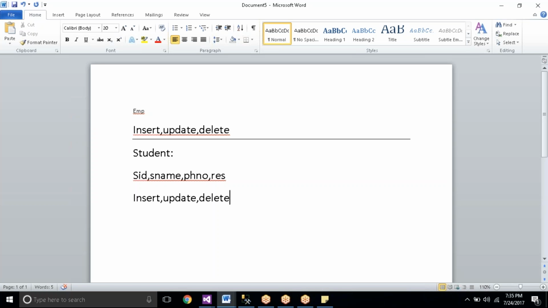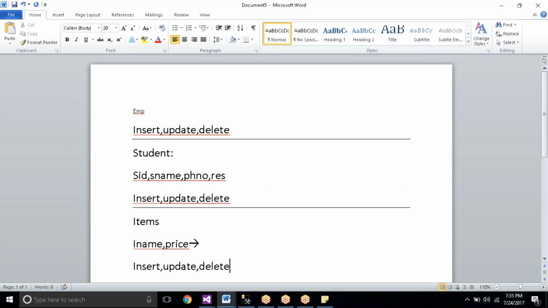Now take one more table, that is the items table. Under this items table we have columns like item name and price. Suppose item name is idli and price is 50. Like this, if you want to insert any item, you can insert. If idli price is 50 and later you want to change it to 60, you can perform update. If you want to remove an item, that is idli, you can perform delete. That means idli will be deleted. So items, item name, item price. For this table also, try to complete insert, update, delete.